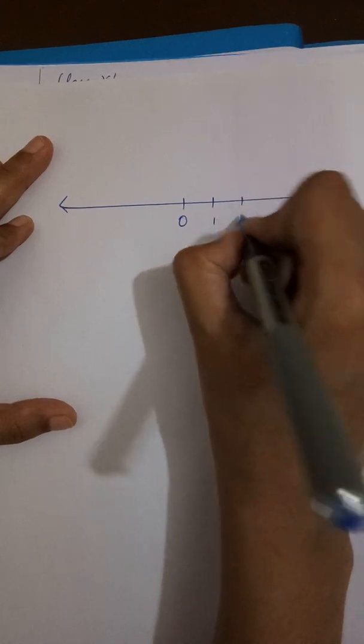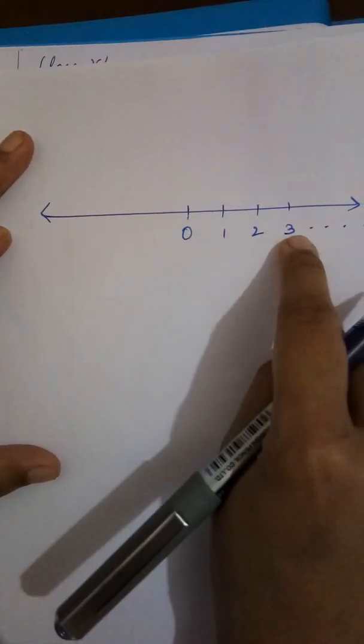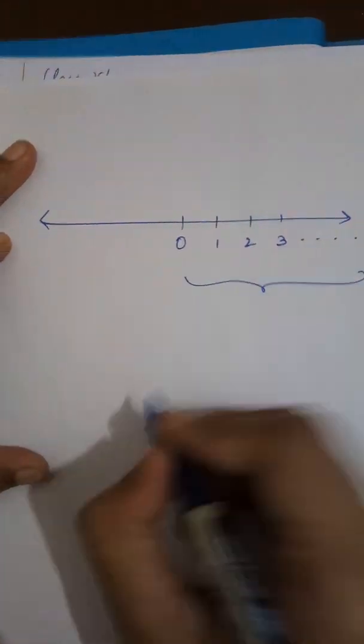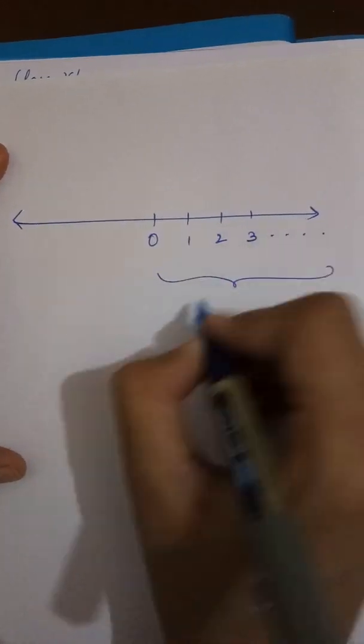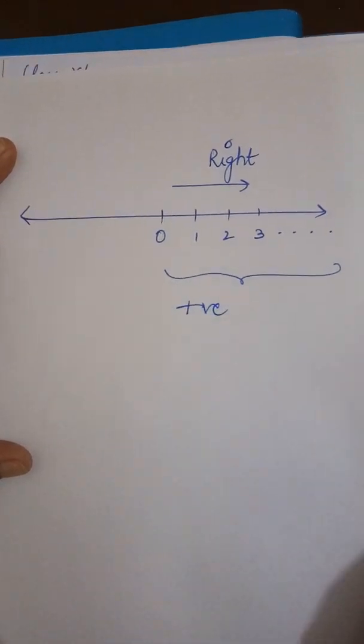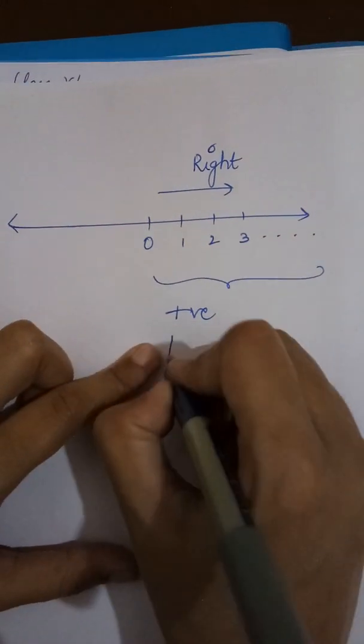Now the next is, we have to represent these integers on the number line. In chapter 2 we discussed how we represented whole numbers on the number line. Like this number line we made, 0 was the center, then 1, 2, 3, and so on it was going. All these numbers were on the right side of 0. So all these numbers which are to the right side of 0 are the positive numbers. Positive I am going to write like this. This is the symbol for the positive word.